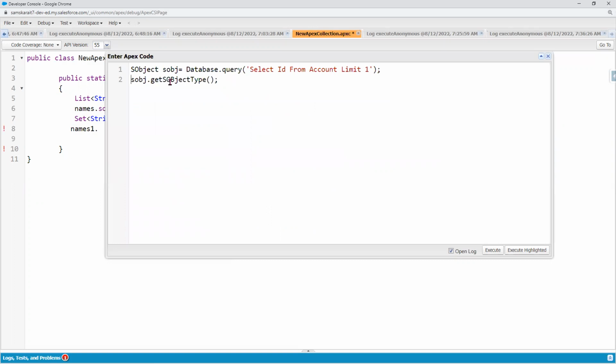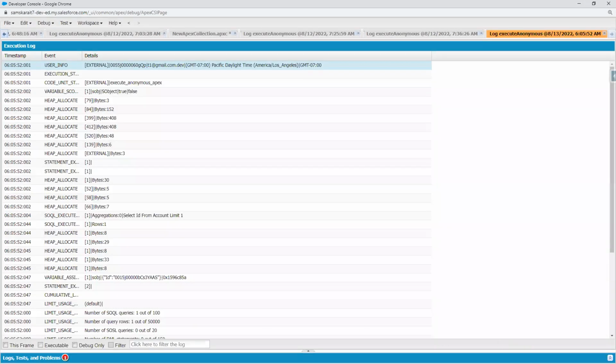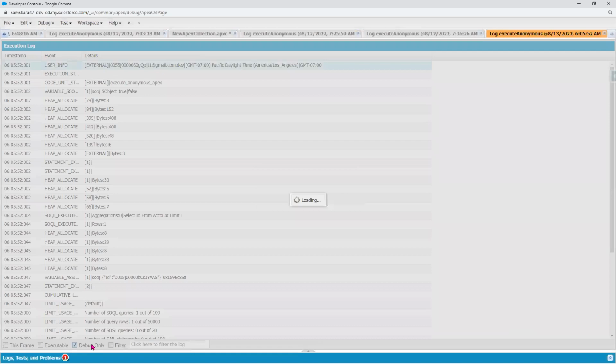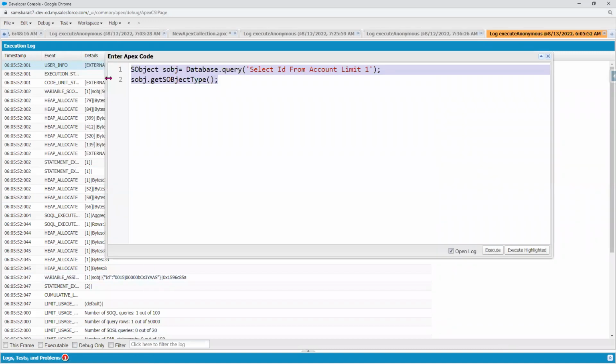Now what will happen if I write this? Let me see what will happen if I print. First, let me execute this, which executed perfectly fine. There is no debug. So my SObject has one Id. Now if I try to print this,